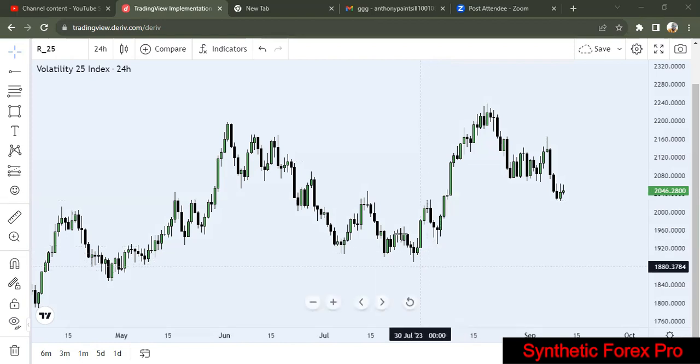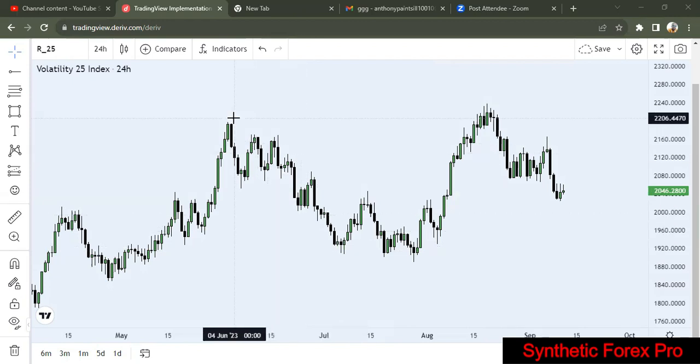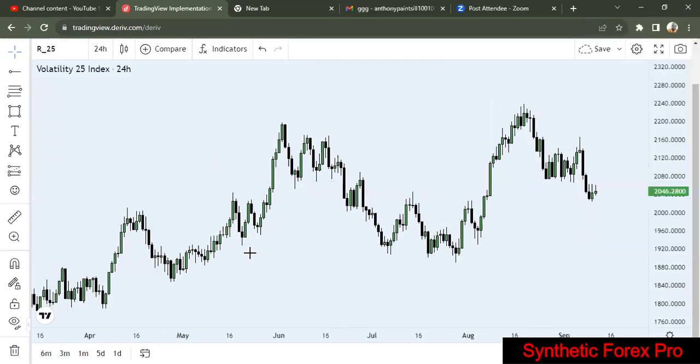Okay, now these swing highs and swing lows also play on the market in the sense that when we have a market which is selling, the swing highs and the lows are able to tell us which type of market we are in. So for instance, you remember the first lesson we had where we talked about the fact that when we have